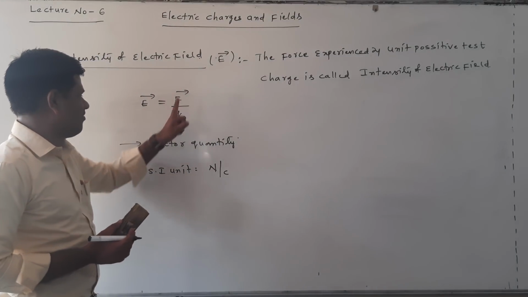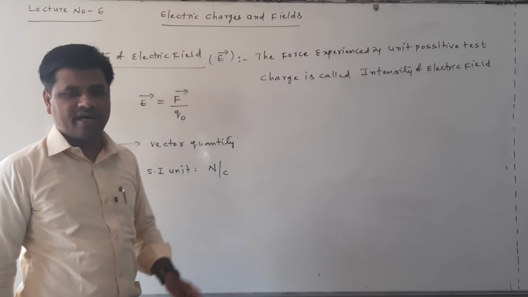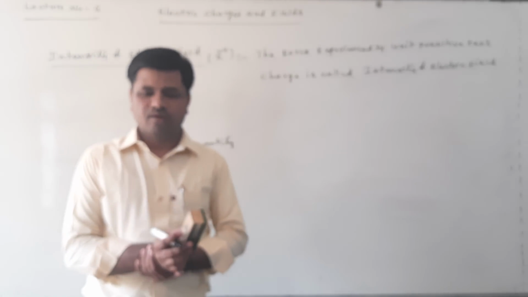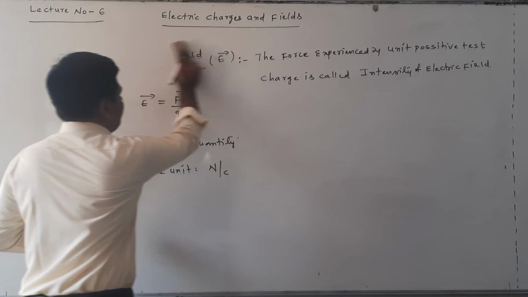Here E bar is equal to F bar by Q naught. E bar is a vector quantity. The SI unit is Newton per Coulomb. Okay, now next we can find the expression for